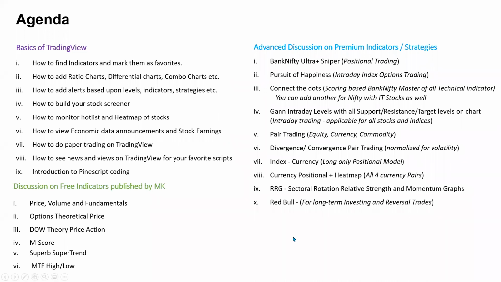Now these indicators, as you may read from the names, are in 3 different categories, or rather 4. One is regarding the index. For Bank Nifty, you'll see some sniper indicator. Then this one is for positional. This is for intraday. Then there is a scoring based technical indicator. Then there is some GANN level. These are all things you can use, the first 4 for the index. Then I personally also do a lot of pair trading, because I feel it's a very safe strategy.